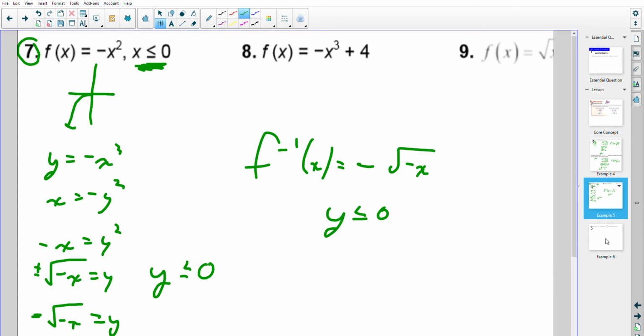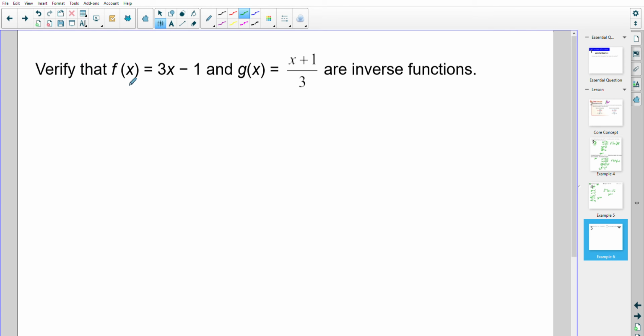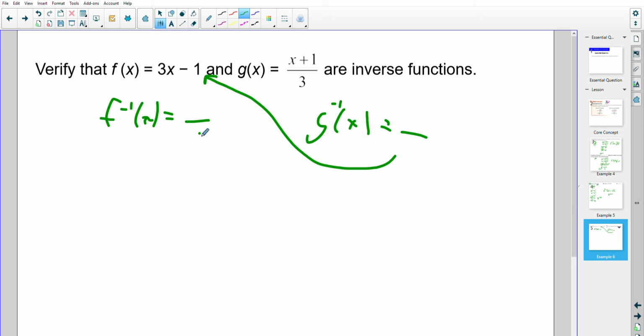That's tricky. The last type of problem, verify that f of x and g of x are inverses of each other. You could just go through and figure out what the inverse of f is, and you could find the inverse of g of x, and just make sure that this one is equal to this, and this one is equal